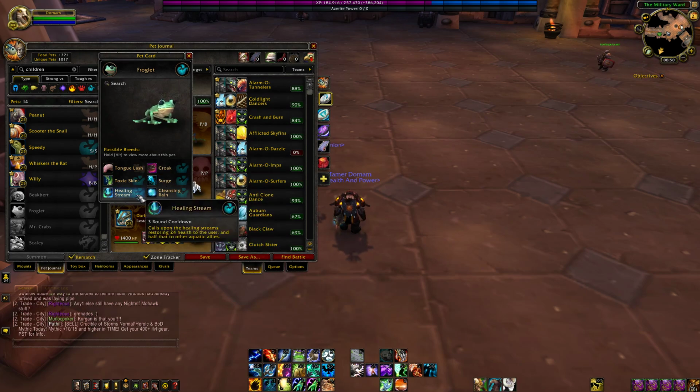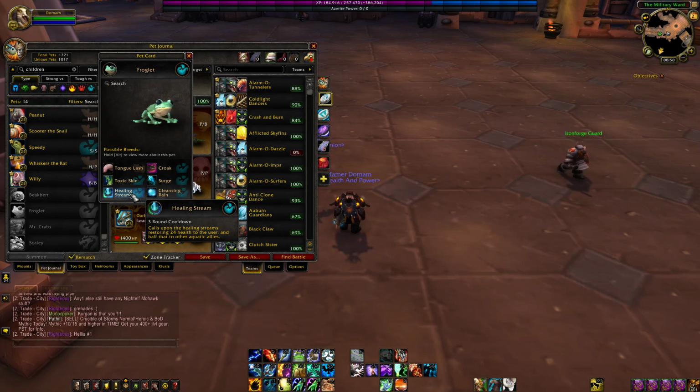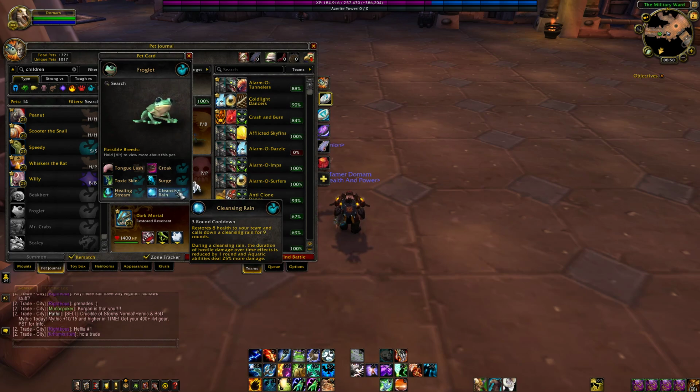Next up we have Healing Stream or Cleansing Rain. I really like Healing Stream as it does quite a bit of healing up front and then gives half of that to your aquatics in the back line. So if you were to put them on, say, like an all aquatic team for your family brawler, I guess that wouldn't be half bad. But if not, I guess you could go with Cleansing Rain. Overall,